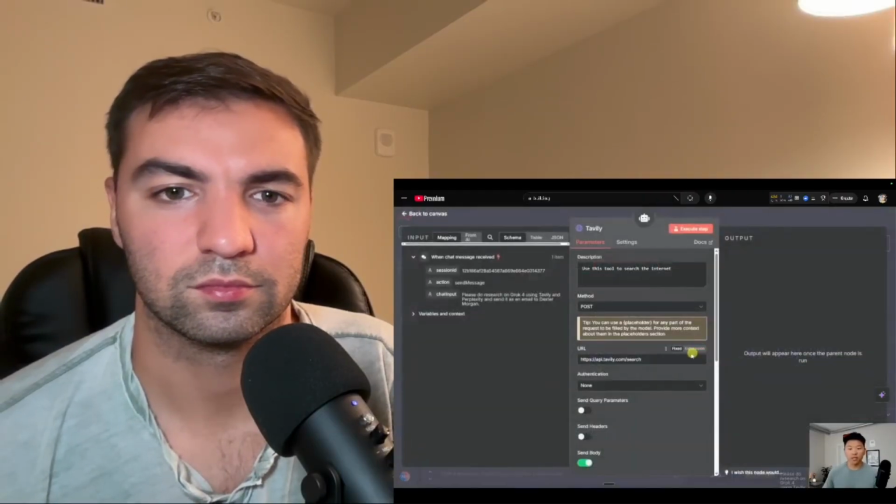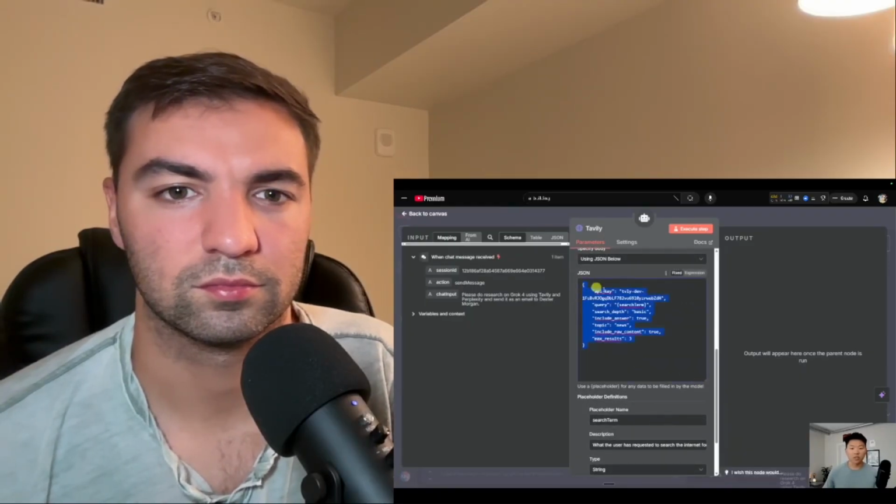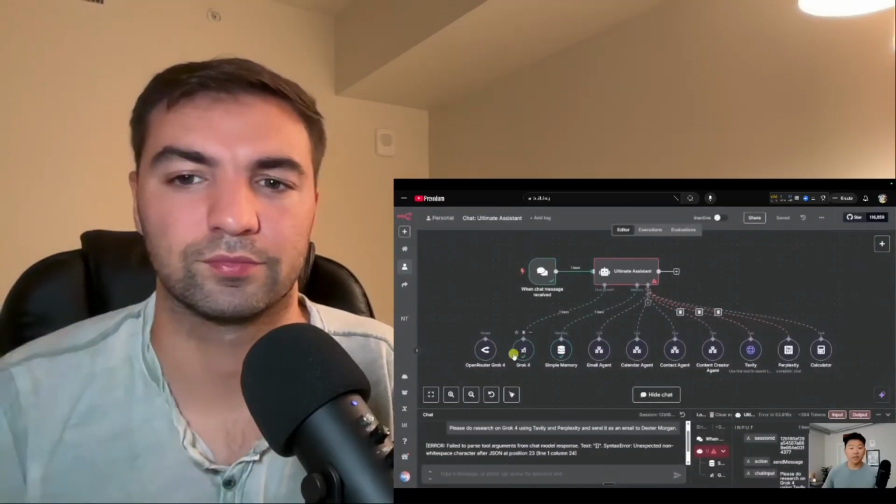And the issue, I think, is because of the Tavily HTTP request, because we just saw Grok use Perplexity, where if I click into here, you can see that we're sending over a JSON body. So maybe the model is having trouble with that. So what I thought to do was come into the chat model right